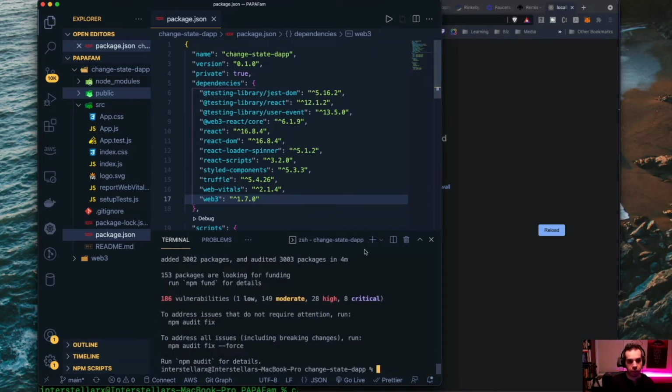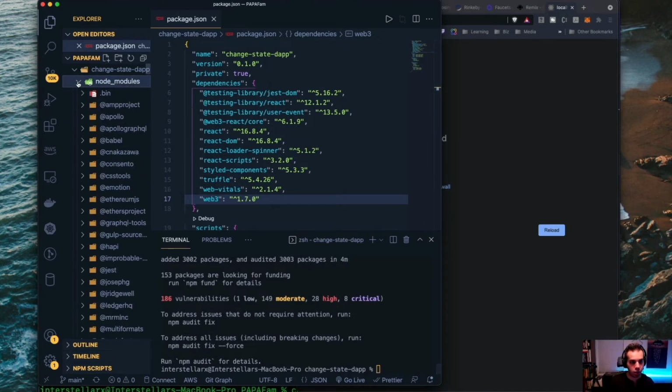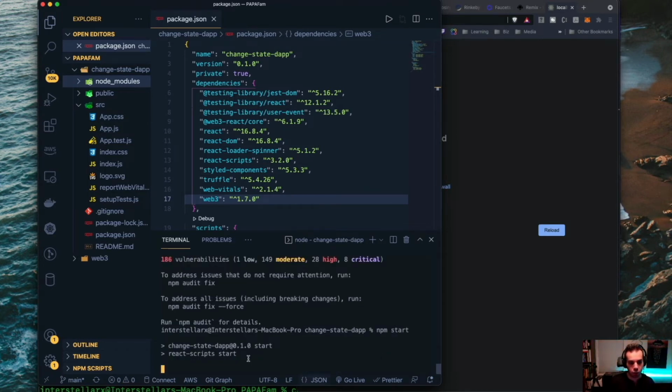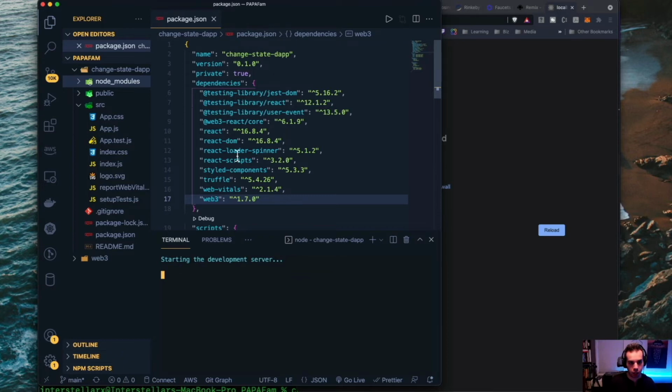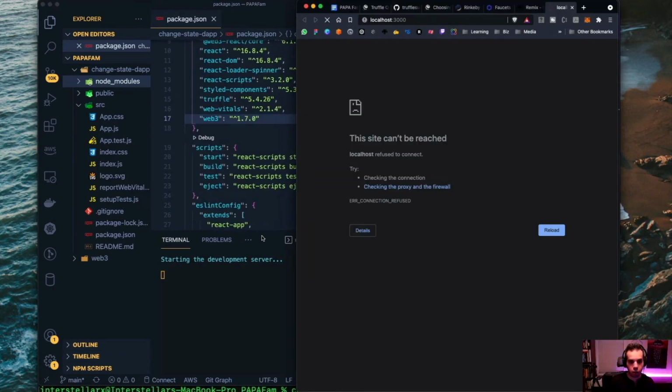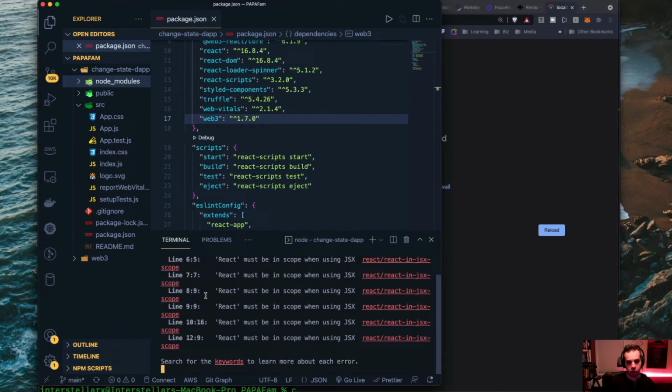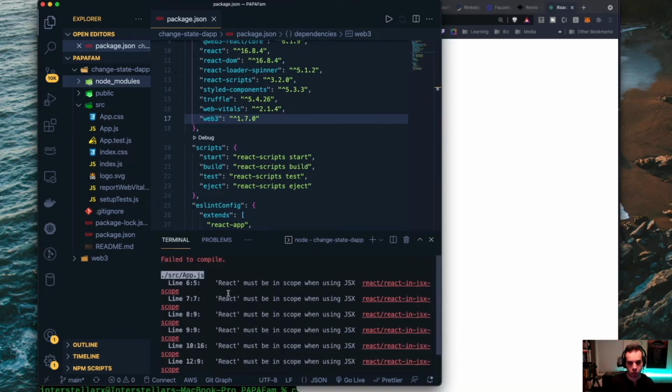Now that I've updated my package.json, I've installed this, and these new node modules are there, I'm going to do npm start, and that's going to run react-scripts start, and this will get rid of those errors that we were having. They're not really errors, it's more just output from the command line, but we don't need to have that.